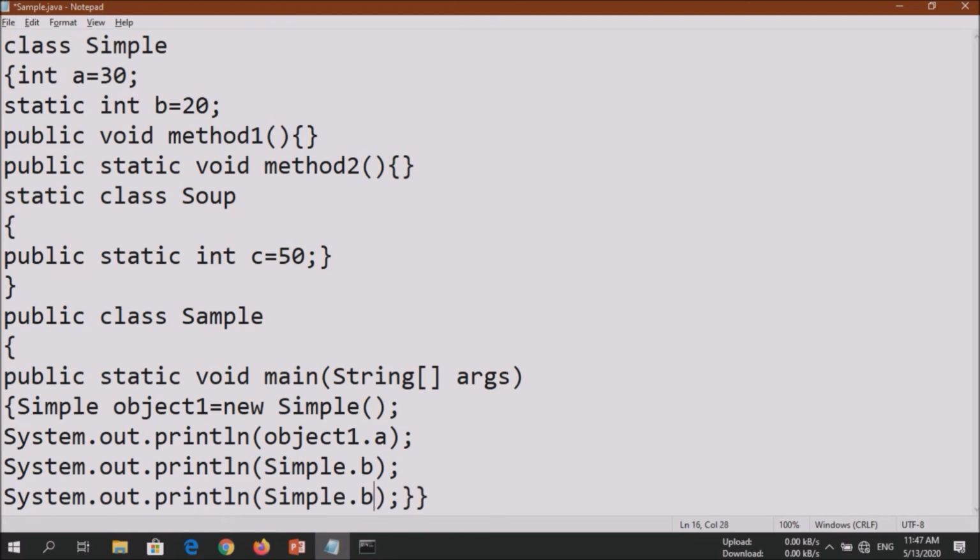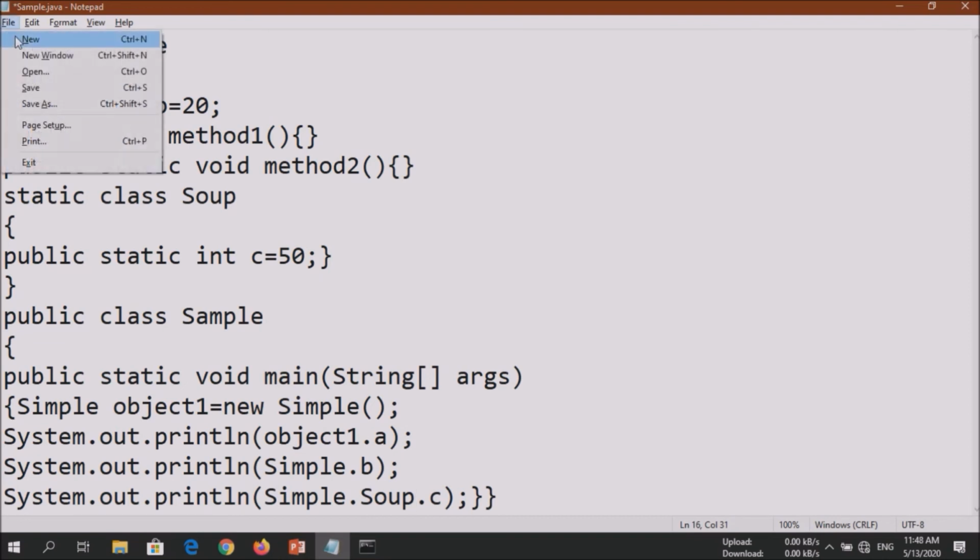We have to add the class name separated by dot operator, and after that the inner static class name, and after that the static variable that we want to call. Okay, so what we have to do? Dot separated by soup. Okay, let's save it and have a look what will happen if we compile it.